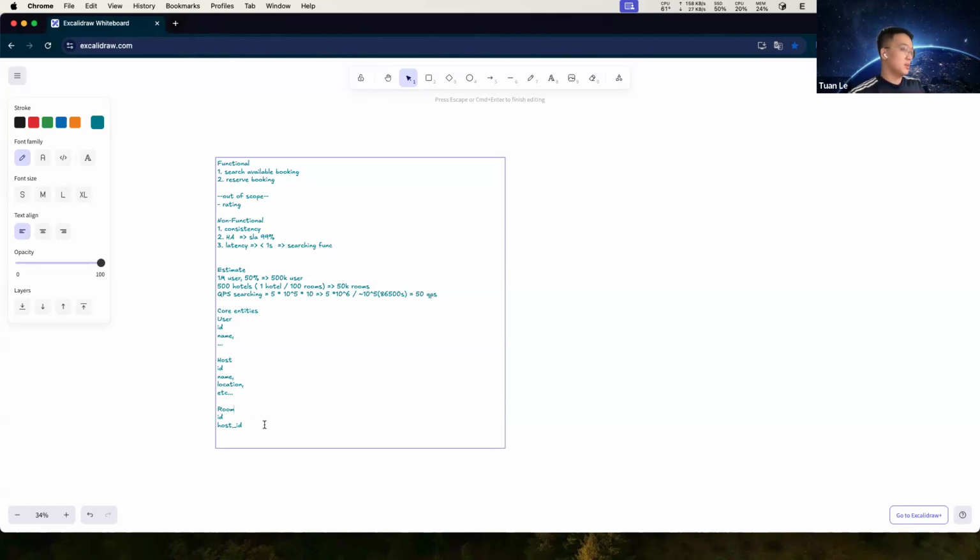So if we want to manage by hotel, I think we should have three entities: the hotel and the room.